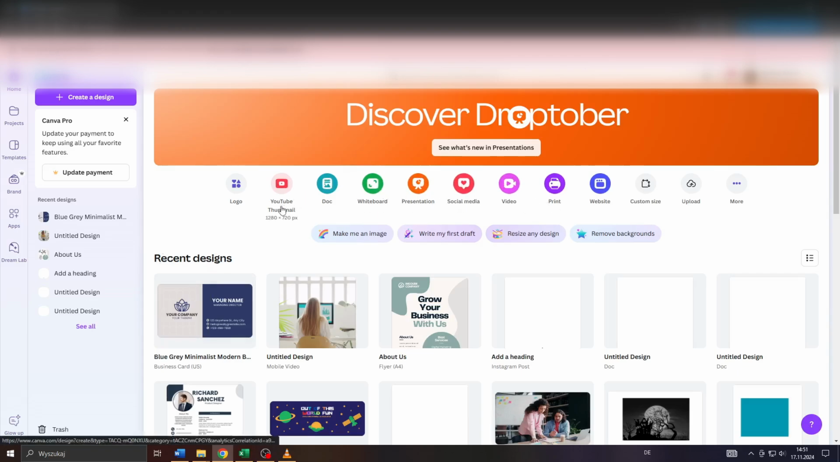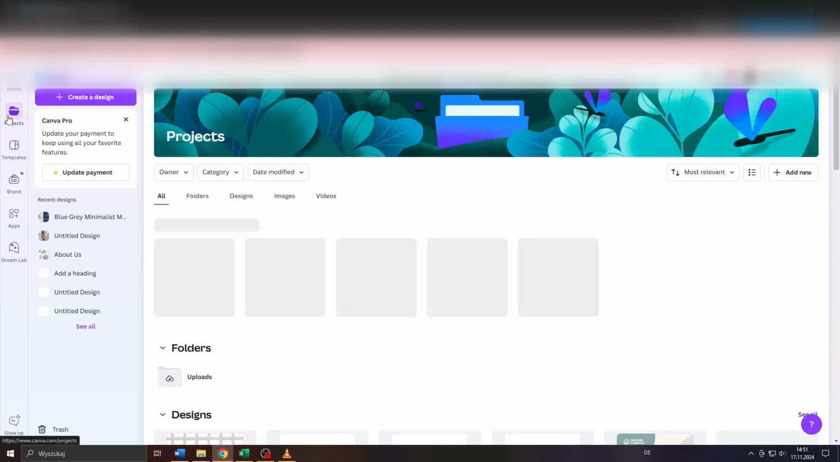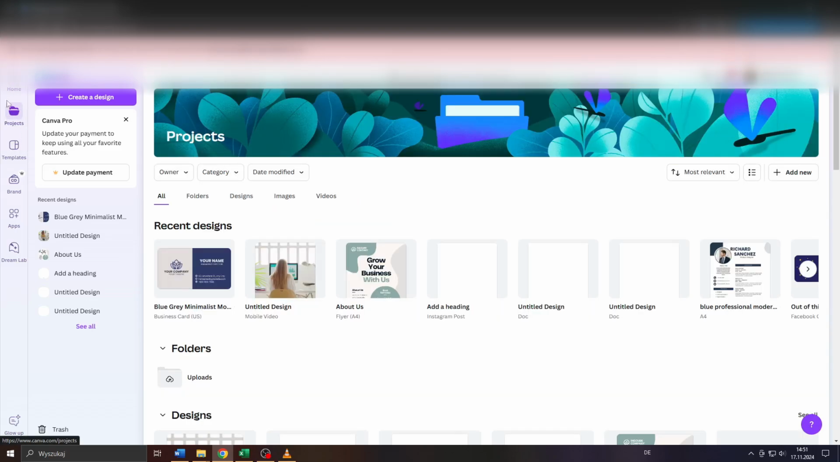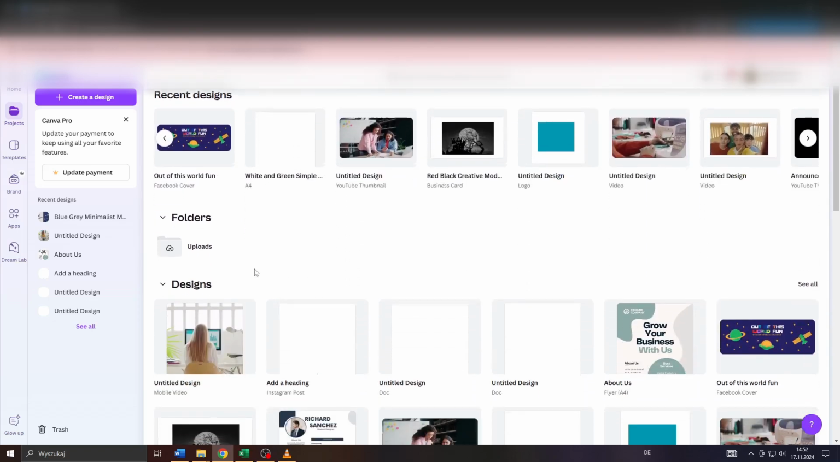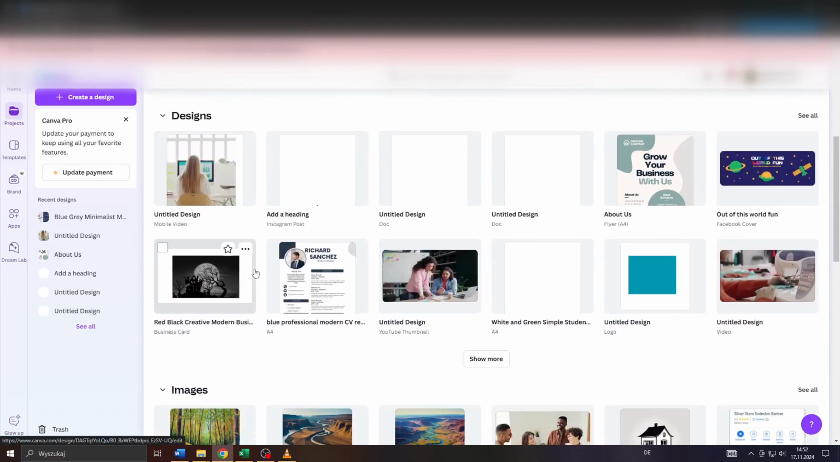Canva really quickly. Okay guys, first off, any project you have created on Canva can be accessed through your projects folder. You will find it here on the left sidebar inside your account on Canva, just below the home button. So click on it to access your project. And here you will have a list of recent designs, for example, or images, videos, and so on and so